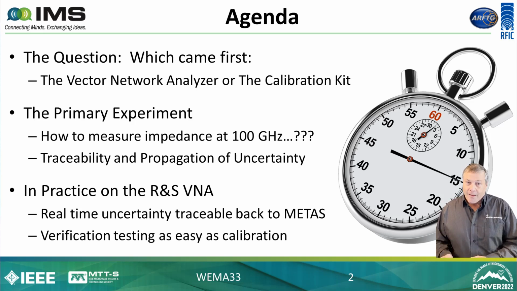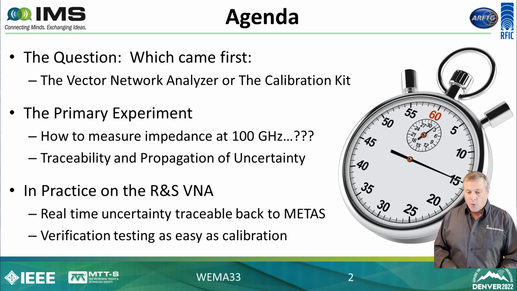I use the network analyzer to make S parameter measurements, as well as many of you. And so what I want to discuss is how do we, as engineers, take advantage of all the research that's occurring at the National Metrology Institutes, where measurement uncertainty is being improved from their research, and they're making progress in this area. How do we as engineers take advantage of that? How do we get our hands on the techniques and the technology that's being developed? So that's the focus of my talk.